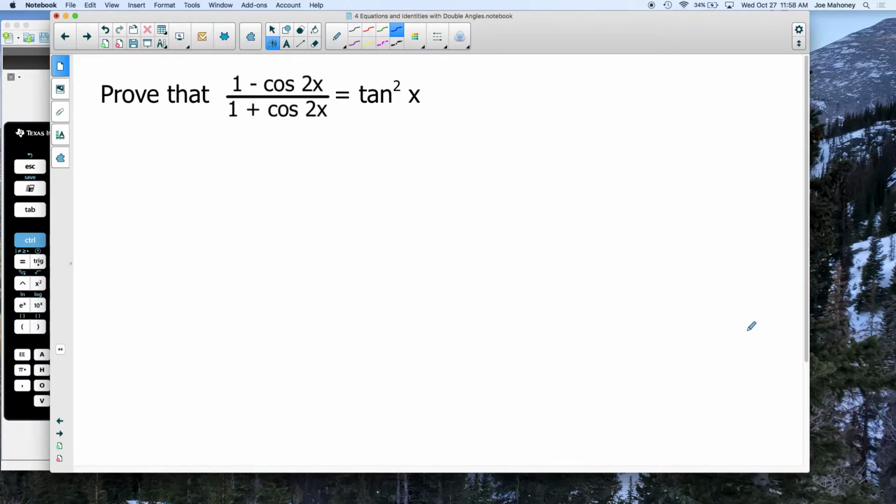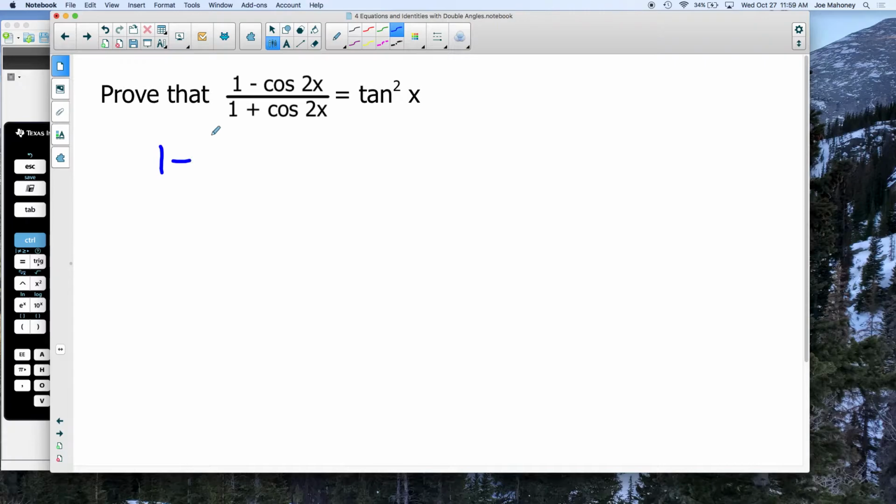Okay, welcome back. So again, I see there's a lot of stuff going on the left-hand side of the equation. Now I'm going to think ahead a little bit. Peeking at the right-hand side, I see it's tangent squared x. I know tangent is sine over cosine. So my logic is, if I use my double angle formulas for cosine and for sine, if I represent cos 2x in terms of sine and cos 2x in terms of cosine, I might be able to get like a sine over cosine situation. So what I'm going to do is I'm going to rewrite the numerator as 1 minus,